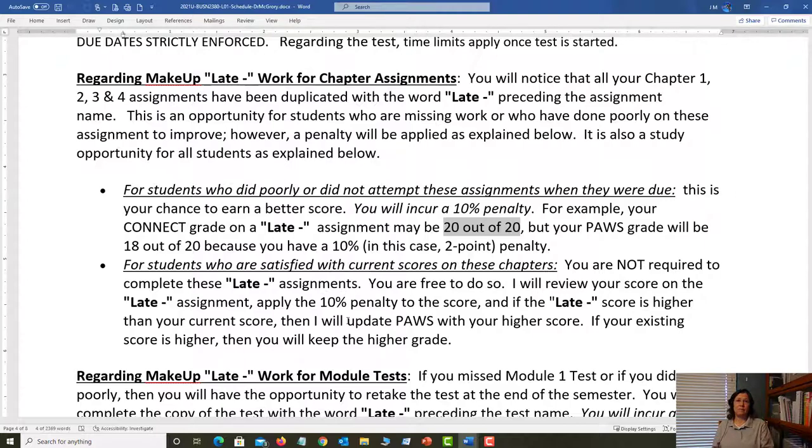If you have a court date to defend your patent or your trademark, the judge will look poorly on you if you don't show up on time. So these due dates apply, and that's what I want to encourage you to do. But we do have bumps in the road, and this is a safety net for you. But if you have everything on time, then this is just a study tool for you. It's a resource for you.